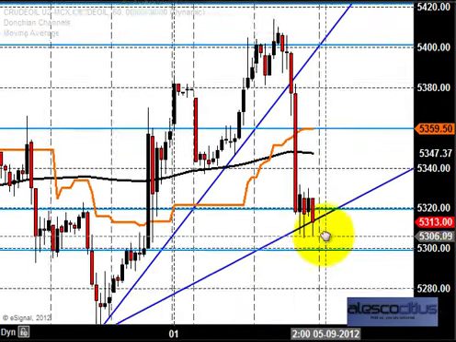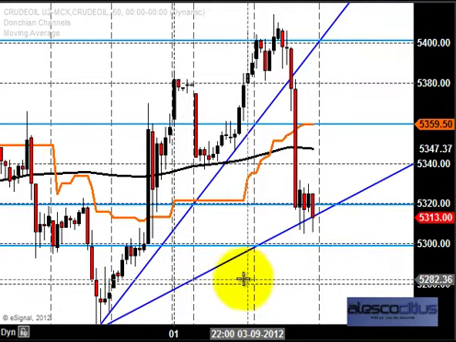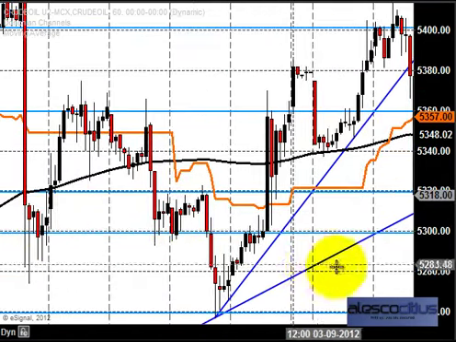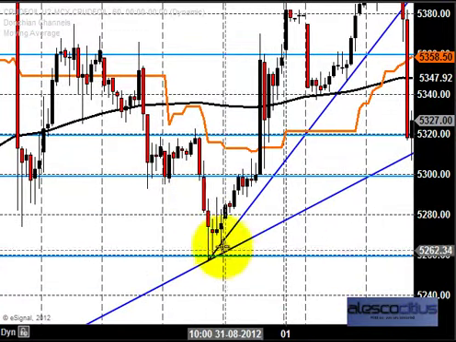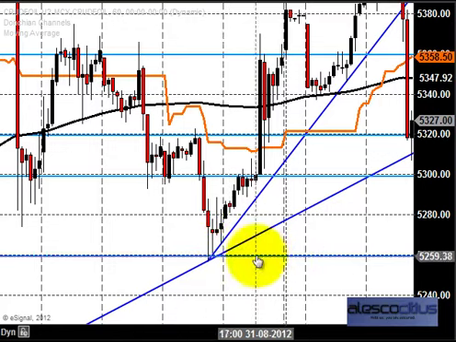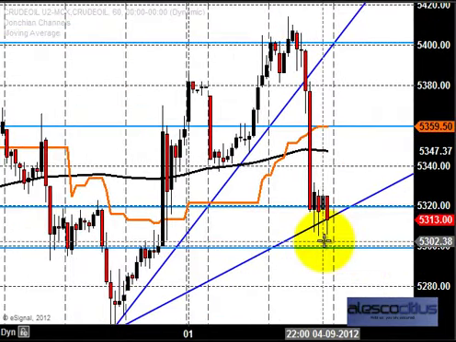If the price has the ability to break this down, then it is going to be a reversal, because so many times the market has taken support, and even on 30th the price broke this lower zone and found support somewhere around 5260. So today is going to be a very crucial day for crude oil traders. In order to have an